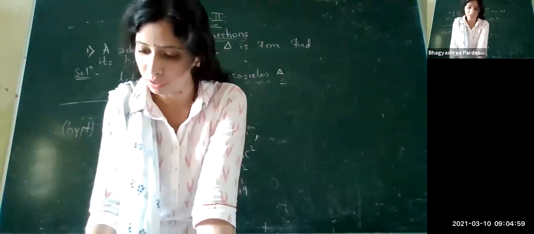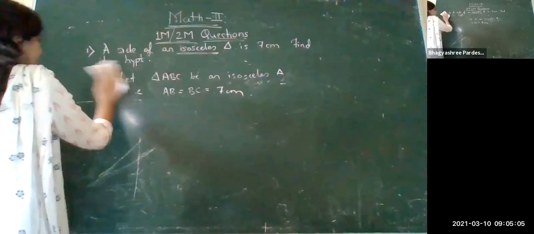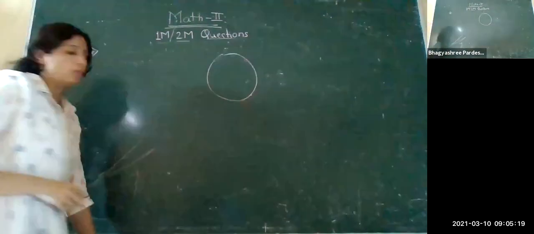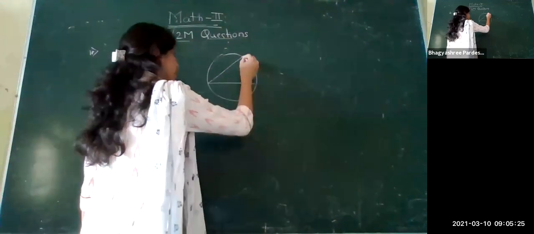Okay, so the next question is given to us. This type of very easy questions is good to learn. So you must know the basics here. Once the basics are clear, you can solve the questions very easily. The next question, I'm not writing that question now. One figure is given to us. One circle is given to us. In that circle, one angle and one arc is given to us.